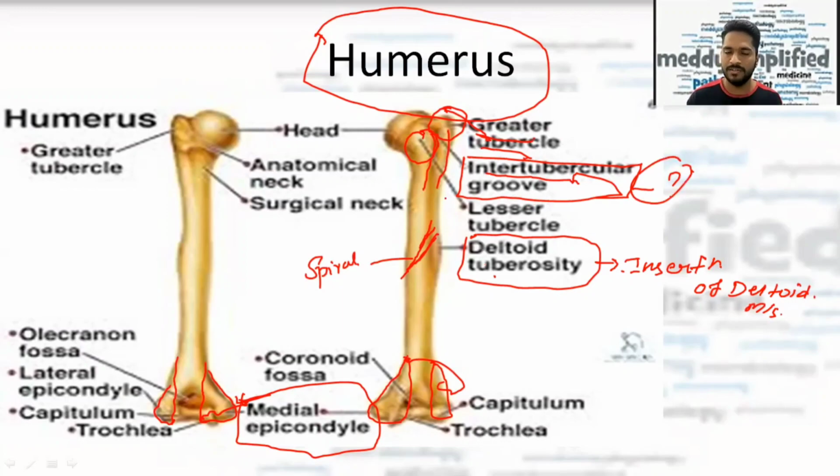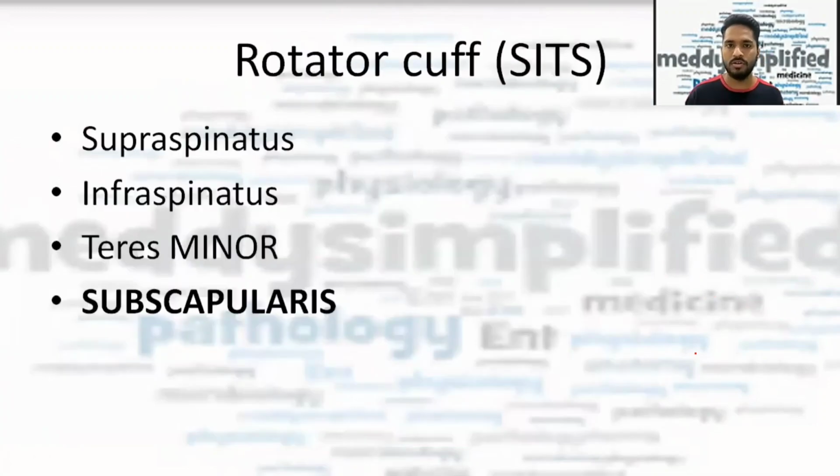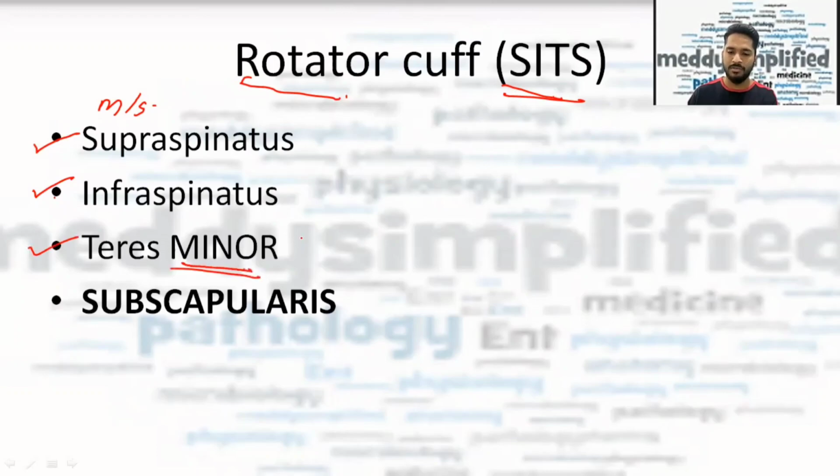Now going further, these are the 5-6 landmarks which we need to remember for getting the questions correct when they are asked in FMG exam. Now before going about those typical landmarks, there is one more thing about shoulder, that is rotator cuff, which you should remember. So the easiest mnemonic is SITS, right? So the muscles which are there in the rotator cuff are supraspinatus, infraspinatus, teres minor. ठीक है, मैंने कैपिटल में लिखा है और एक बार ये भी लिख देता हूँ, not major, minor. Teres minor is a part of rotator cuff, and subscapularis.